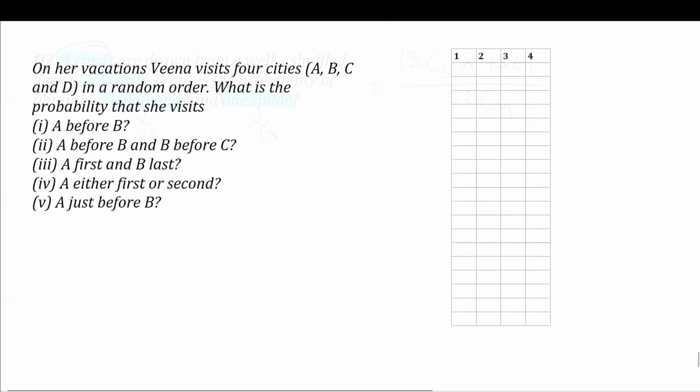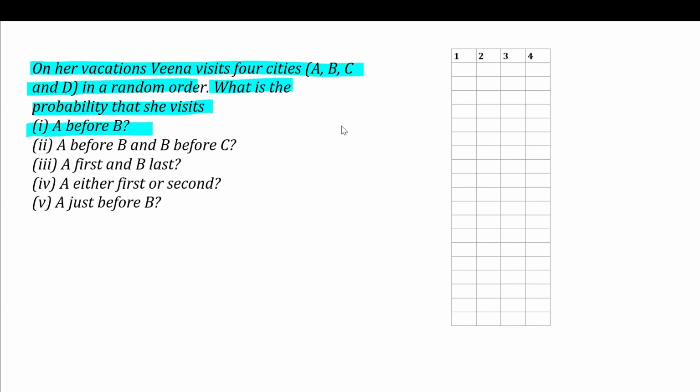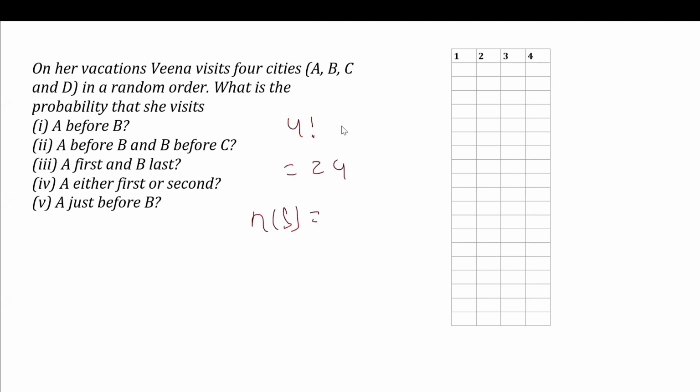Now moving to the next. In this question, it says on her vacation, Veena visited 4 cities. These are A, B, C, D in random order. What is the probability that she visits A before B, with so many subparts? Now, first of all, you should know that visiting 4 cities, we have 4 factorial ways by which these cities can be visited. So that is 24. So the number of sample points is easy to get,